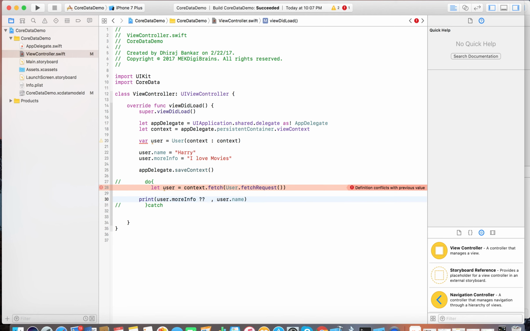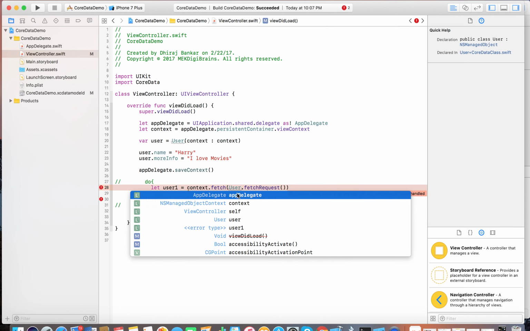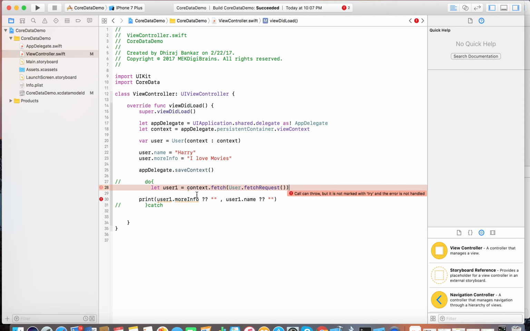So let's give a default implementation. Sometimes if it is not giving any value, let's give an empty string. Okay, so now it is saying the definition conflicts with the previous value. Okay, I think it is already there. Now it starts saying the call throws. It's not telling it is throwing, but it is giving an error showing you have to handle it. Right, that's why you have to write a try and catch block,